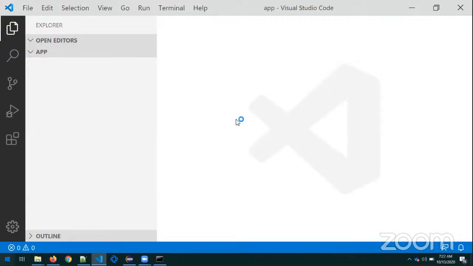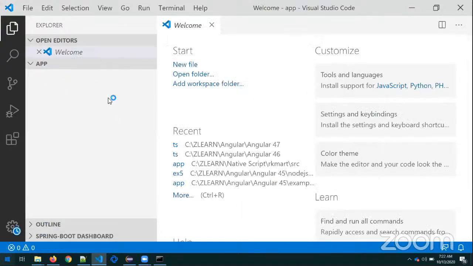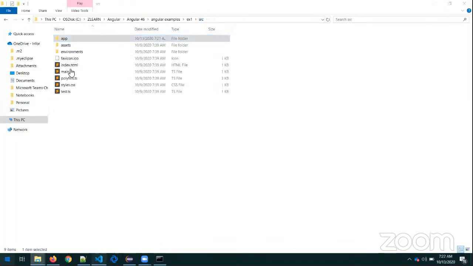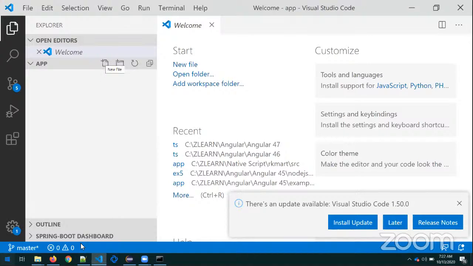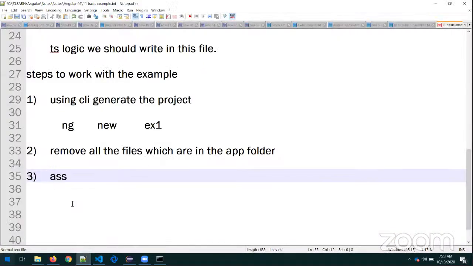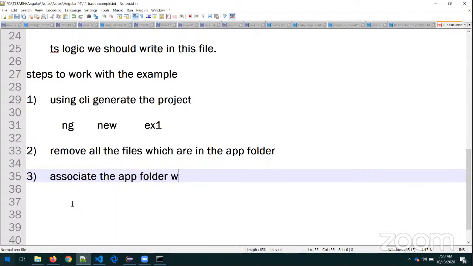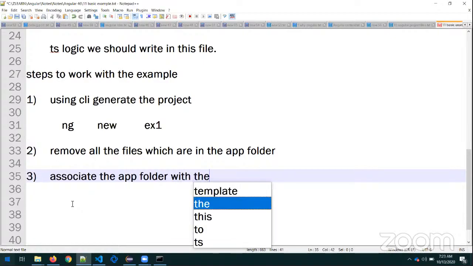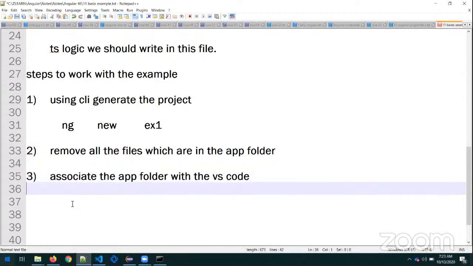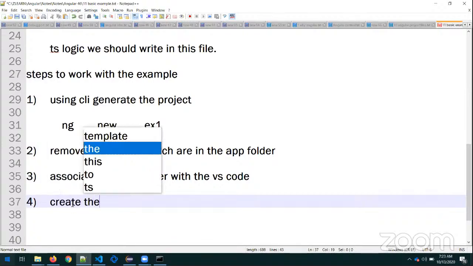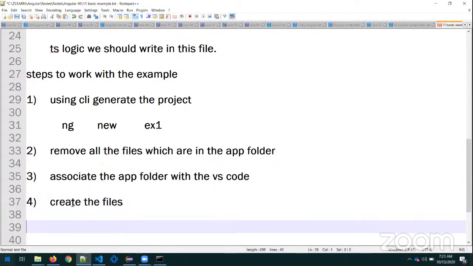Now you can see this app folder is associated with... Sir, your Visual Studio is associated with what folder? App folder. Now this is the third step: associate the app folder with VS Code. Fourth one, create the files. Fifth one,